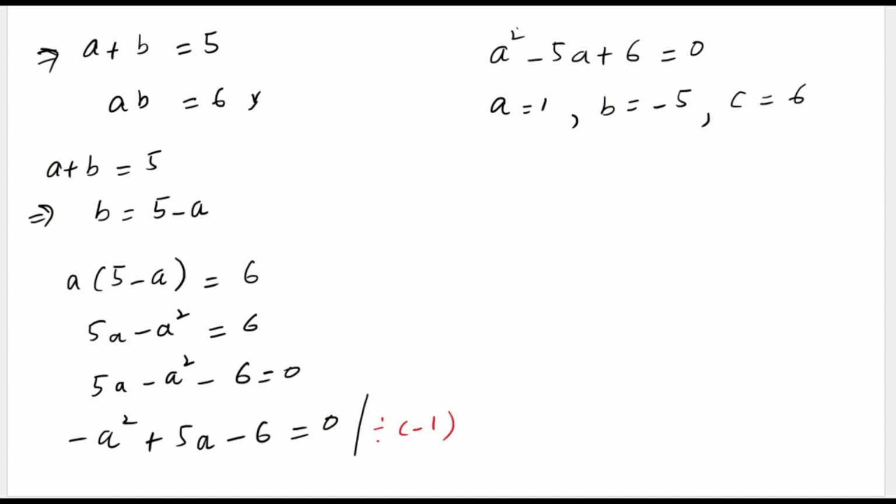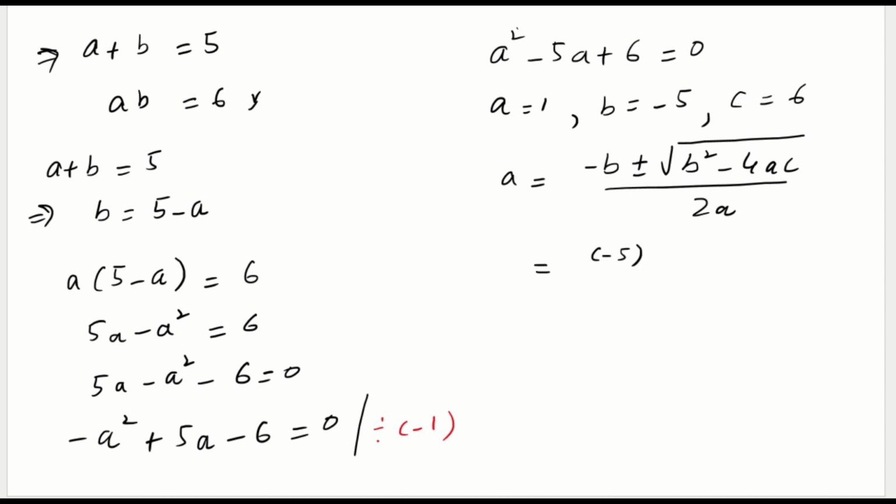So using the quadratic formula, we will plug in these values. a is equal to minus b plus or minus square root of b square minus 4ac, over 2a. So plug in the values: minus of minus 5 plus or minus square root of minus 5 whole square minus 4 into 1 into 6